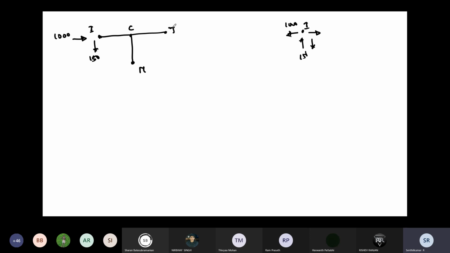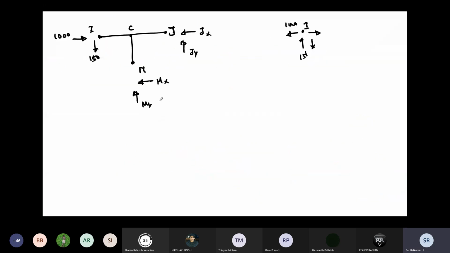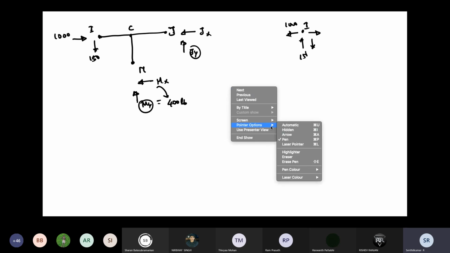Okay. So again here, this is J, right? I don't know what is my Jx. I don't know what is my Jy. Again here, Mx, My. We don't know, but Mx we know. How much? This is the interior one, 2 times of V. That will be nothing but your 400 LB. So that also we know. The unknowns are Jx, Jy, My. Mx we found out already. Mx is 400 LB, right? My, Jy, Jx are unknown. So I can easily find out Jx. How can we find out Jx?